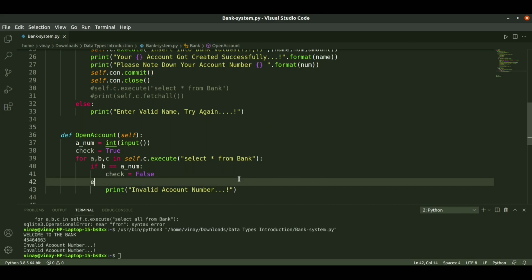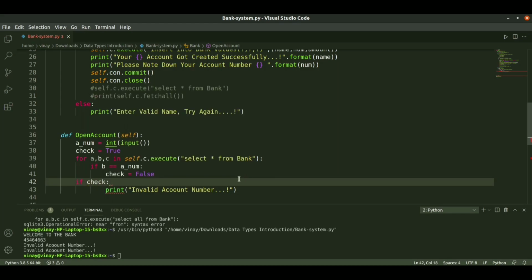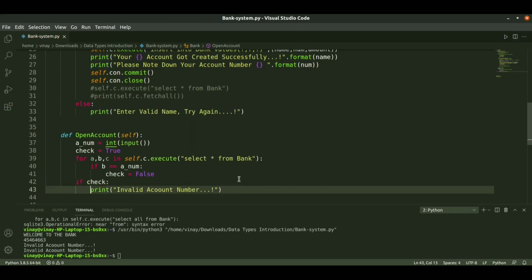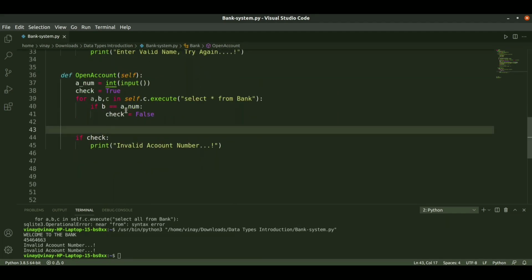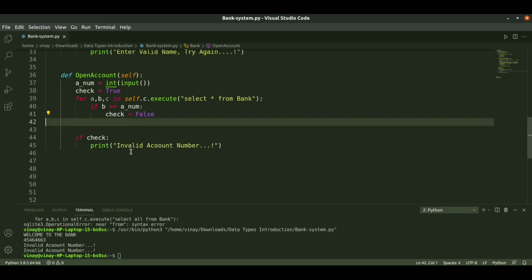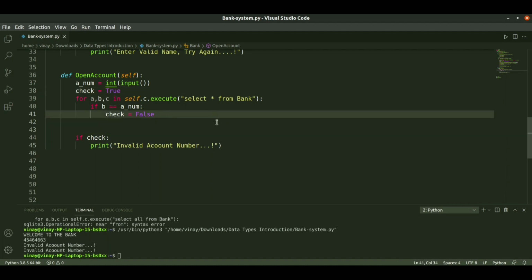I'm removing this. If check, print this. So when we enter the account number, if it exists, the check will become false and it will not execute. If we enter the wrong account number, check will be true and only this statement will be executed. This is how it works.